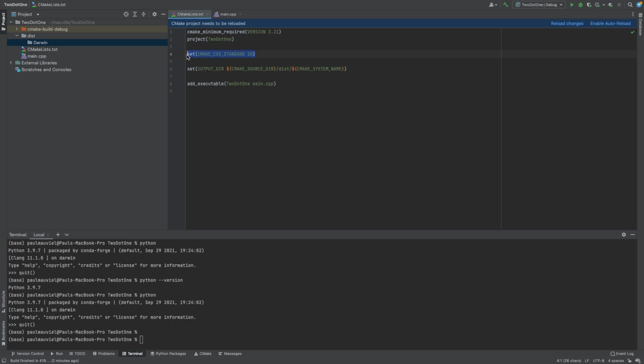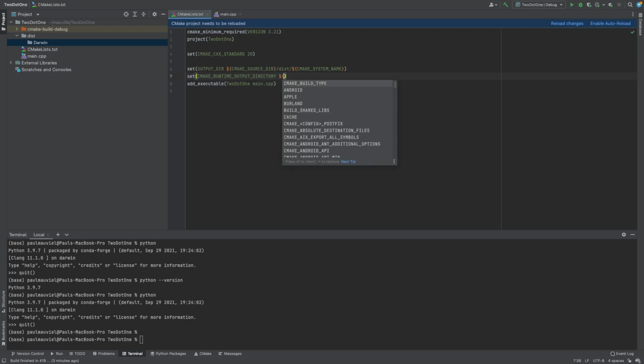This line here sets it to standard 20, or C++ 2020. Likely for the class you might need C++ 11 like that. So the next one we're going to do is we're actually going to set that CMake variable. So we're going to set CMake runtime output directory, and we are just going to use our output dir variable